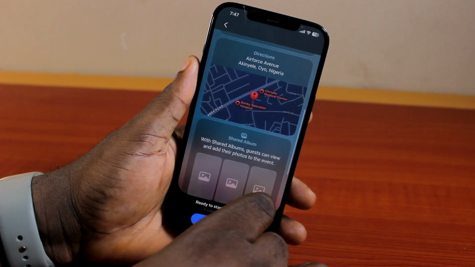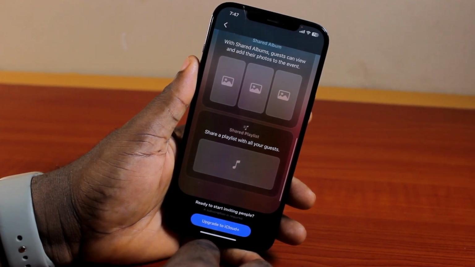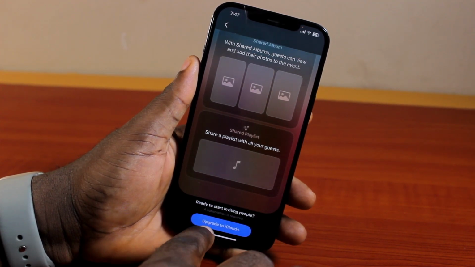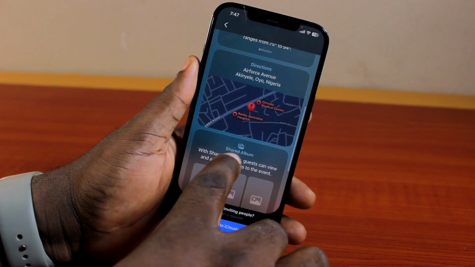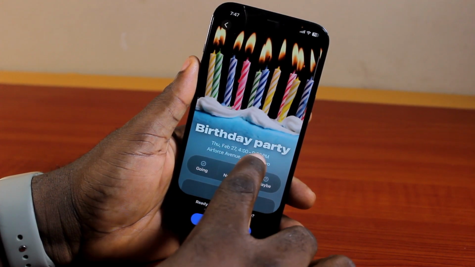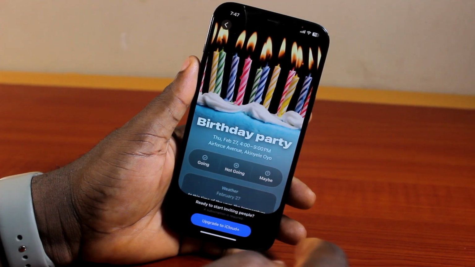Now, for you to use the Invites app, you need to upgrade to iCloud Plus. So just go ahead and upgrade your account to iCloud Plus, and then you'll be able to share your event on the Invites app. So that is basically how to create